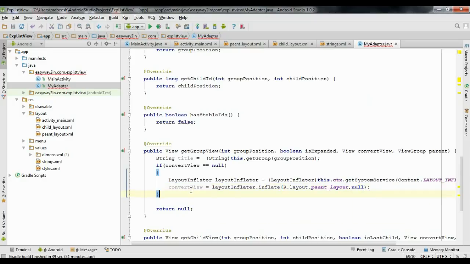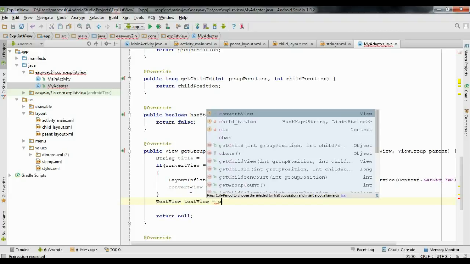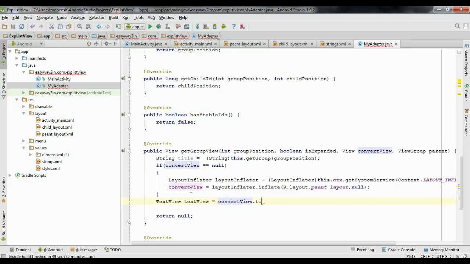Okay, now if the layout does not exist, we create that one, and now we have to initialize the text view available on the layout. So for the parent layout, here that is the heading title, that means the header title. So create an object of text view, I name it as text view equal to convert view dot find view by id r dot id dot,